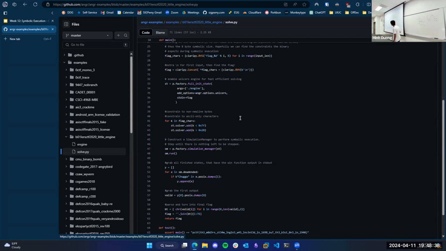And for those, you pick one of those states. Ideally, there should be just one. You want a unique solution. And then given the constraints of that state, you ask Angr to give you